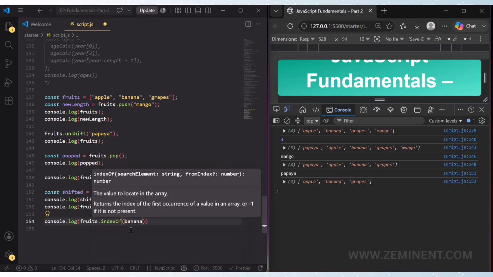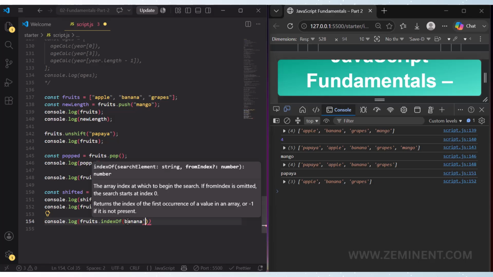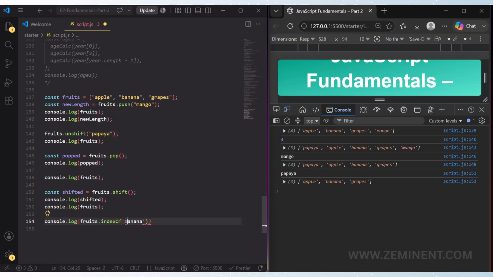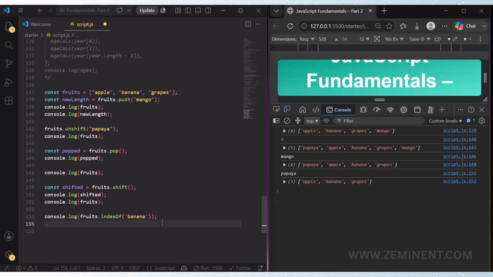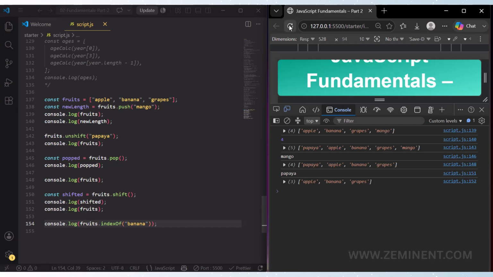I am giving banana. See, it displayed 1. So the banana's place is 0, 1. That is displayed here.